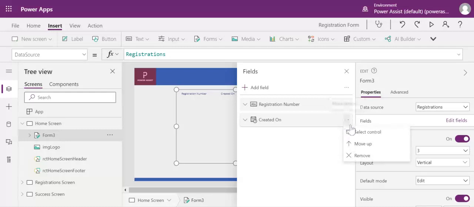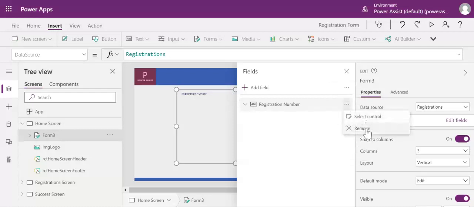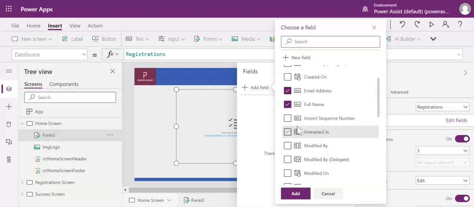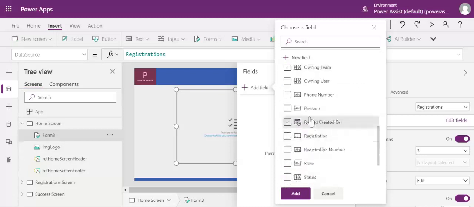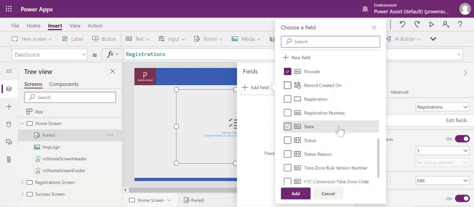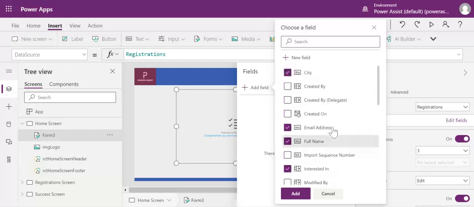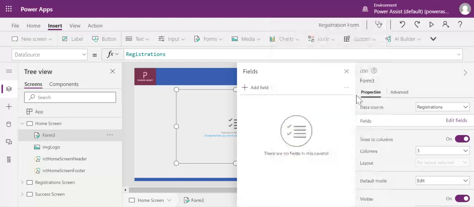And I'm going to remove unnecessary or not required fields. I'm going to add the fields which are required. I'm going to select the required fields. Yes, we are good.